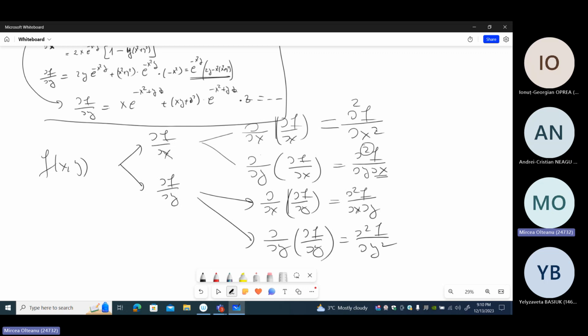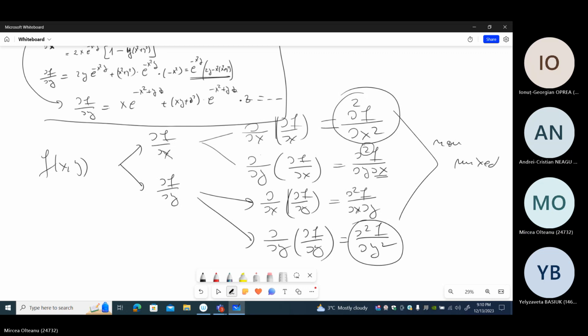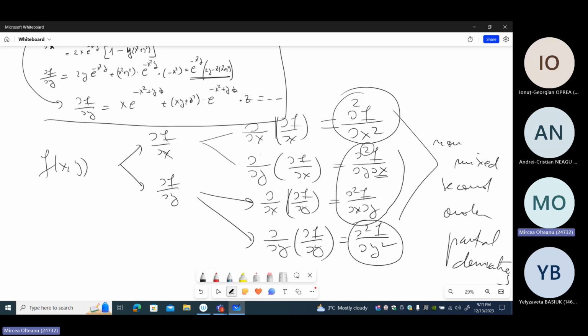Attention to the specific notations, especially to this. These are called the non-mixed second order partial derivatives. The name is very clear, while these ones are the mixed, because the variables are mixing. Mixed second order